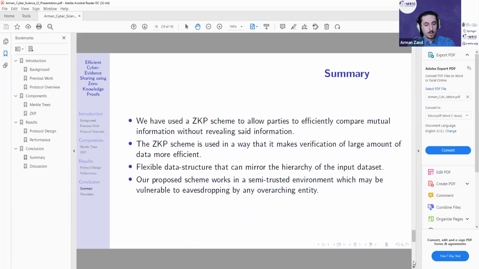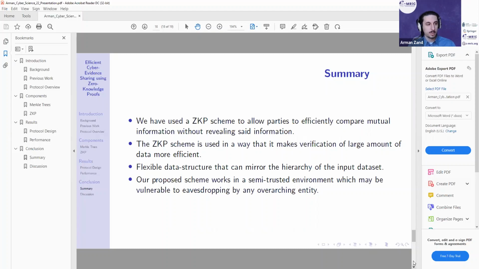And also to note that we've used this scheme in the application of cyber evidence sharing, where normally there is not a cryptographic solution in this field, and we found that maybe it would benefit from not having a trusted third party, and having this more peer-to-peer interaction would give confidence to parties to try and verify mutual information with each other, so that they don't face any kind of scrutiny or